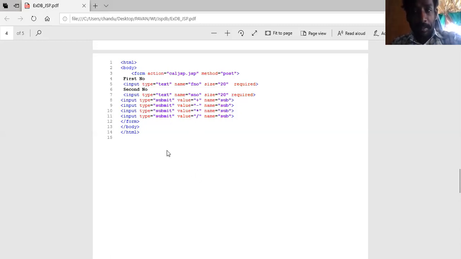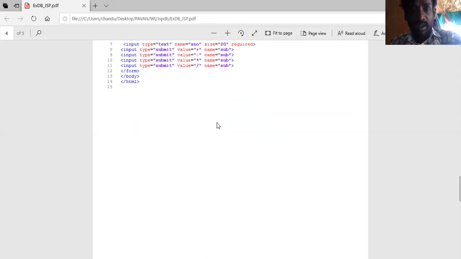So that is one simple calculator. I need to take two numbers and calculate according to the requirement. After calculating, we need to store the results in the database. That is a lab program as well as an important program, right? Just for practice purposes.